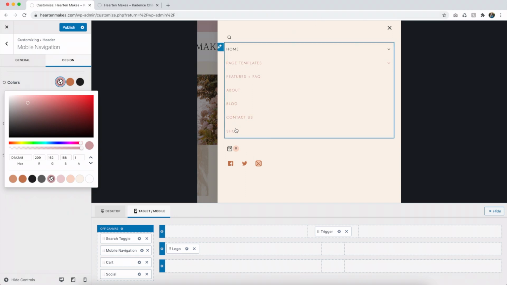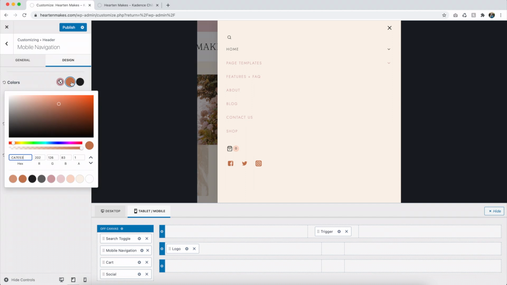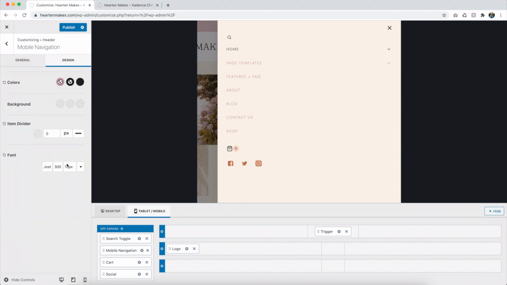You can see how that changes there. You can also hover over these colors and it will tell you what they're for. You've got the initial color. This is your hover color. If I wanted that to be black instead of orange,